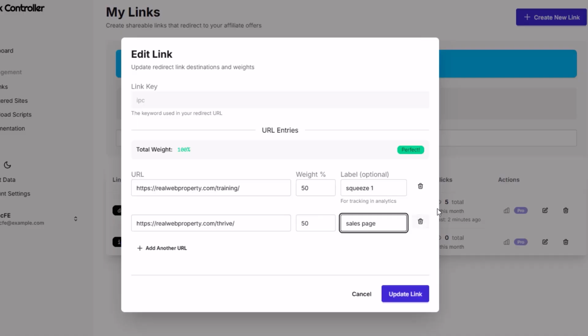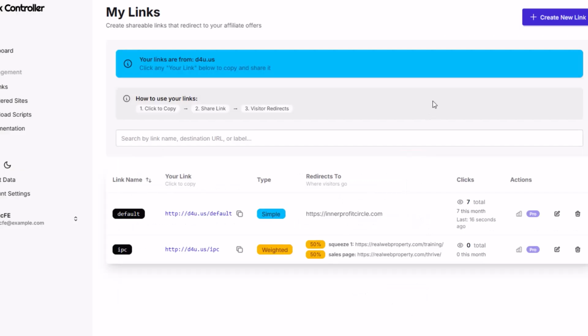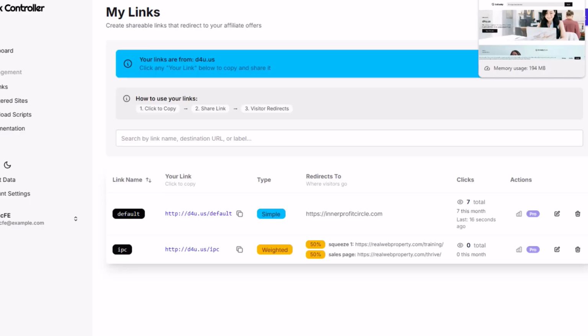We'll call this one Sales Page. Click to update the link, and you can see now it's a weighted link with 50-50 traffic going to the squeeze page and the sales page. Now, if we go to